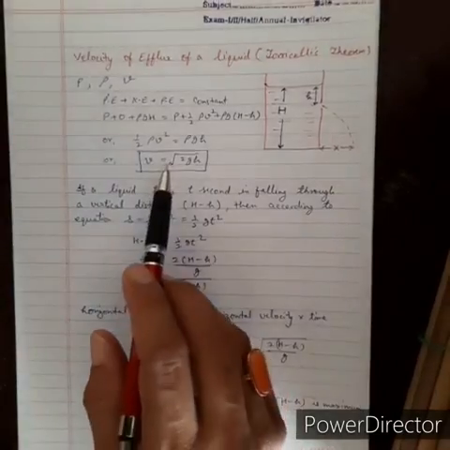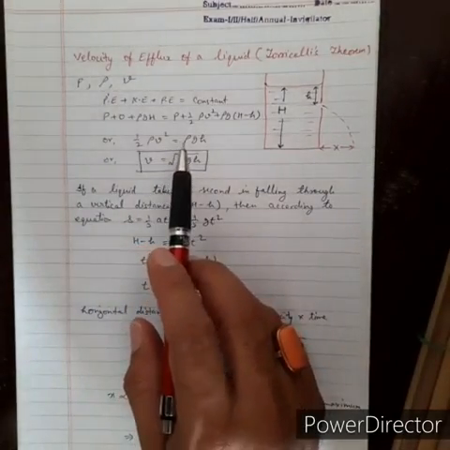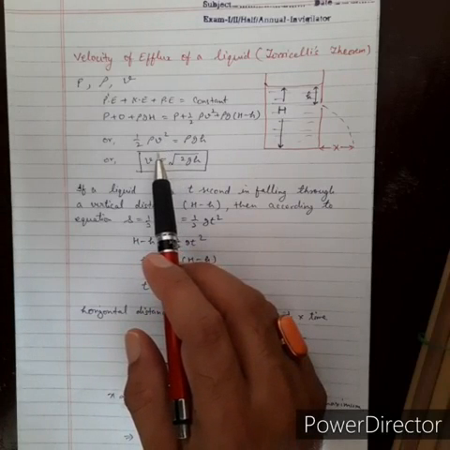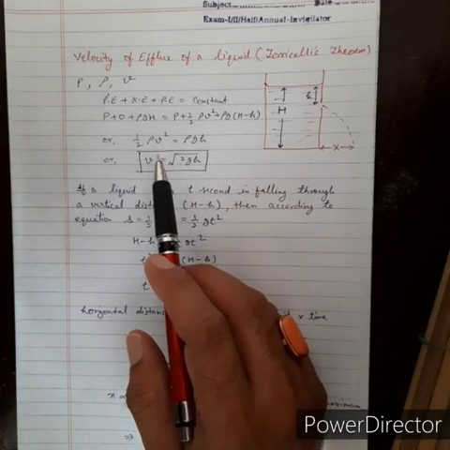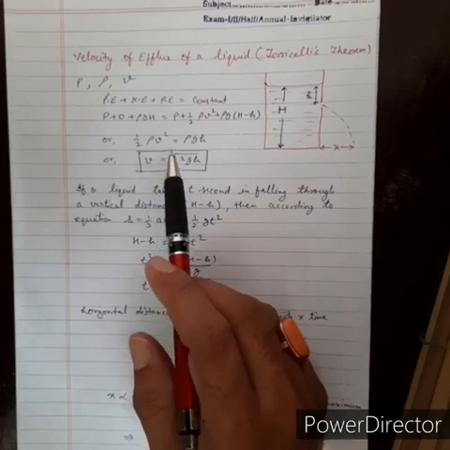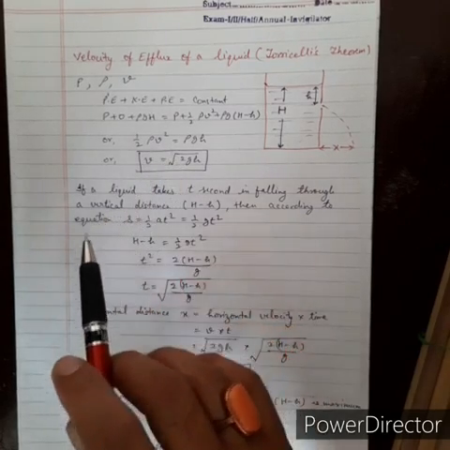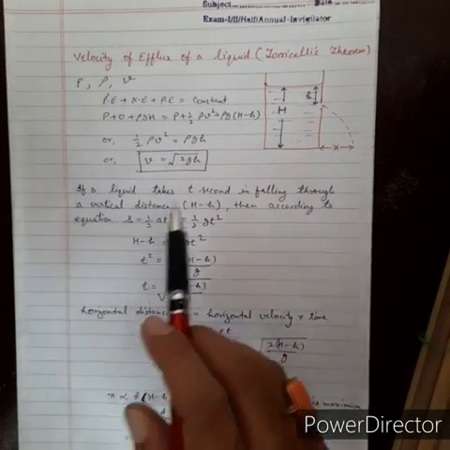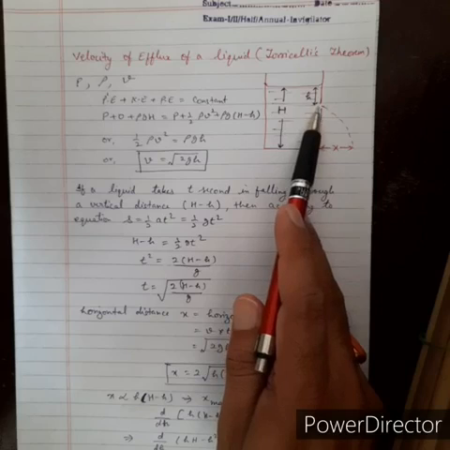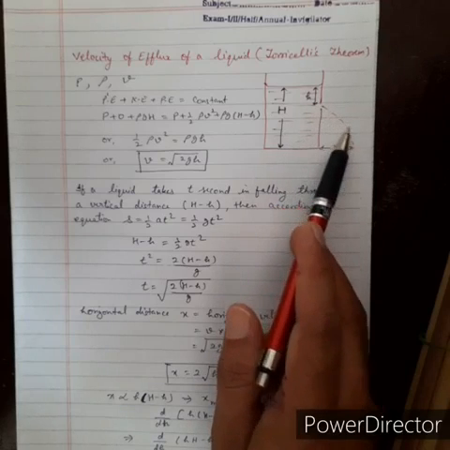Okay. So the velocity of the efflux of a liquid from an orifice is equal to the velocity which the liquid acquires in falling freely from the free surface of the liquid up to the orifice. That is also called the Torricellian theorem. So now I am just coming to this point of the orifice. When the water is coming out, it follows the parabolic path.